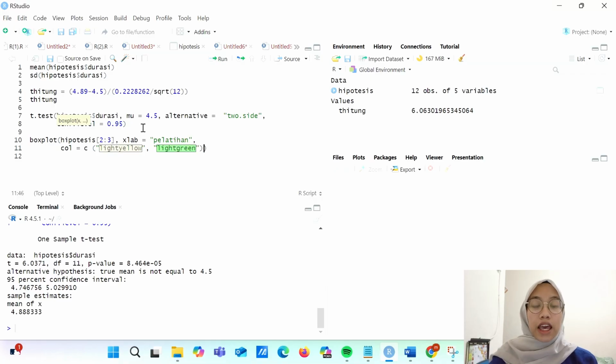Then main equals the value operations and ylab equals value. And this is what the graph looks like.